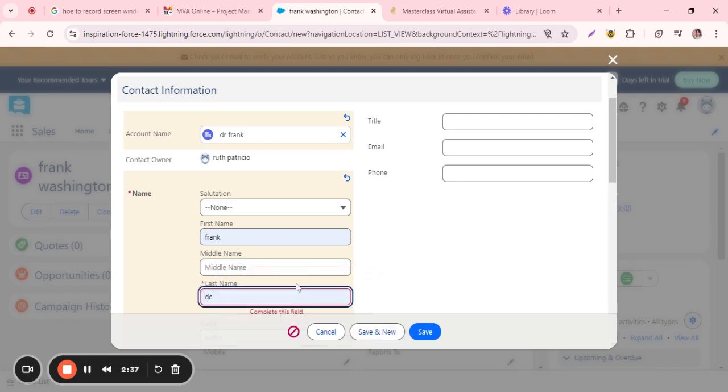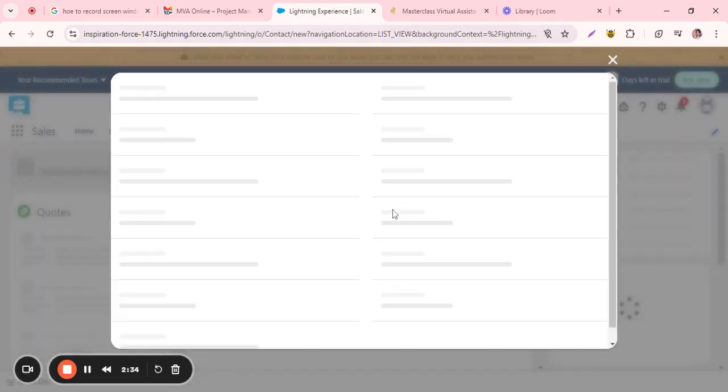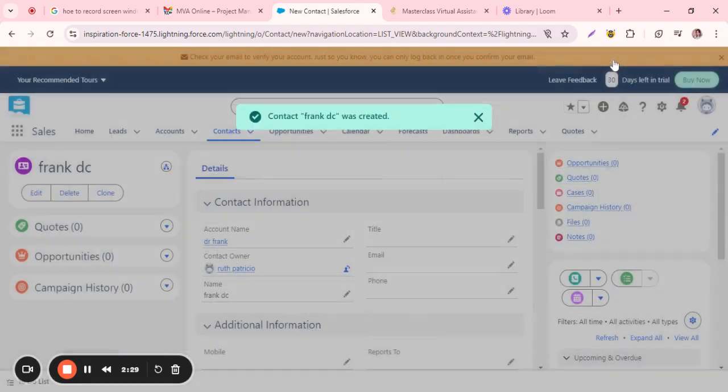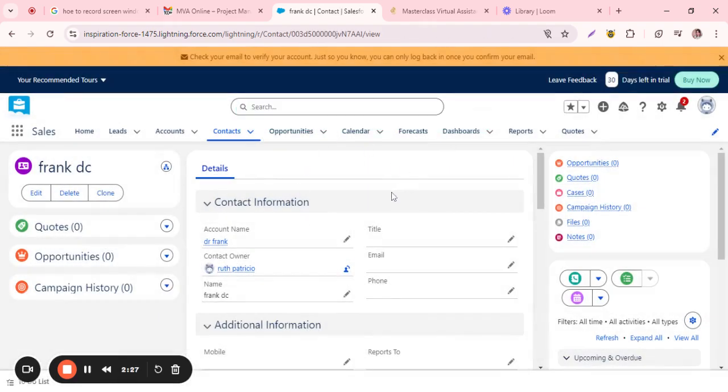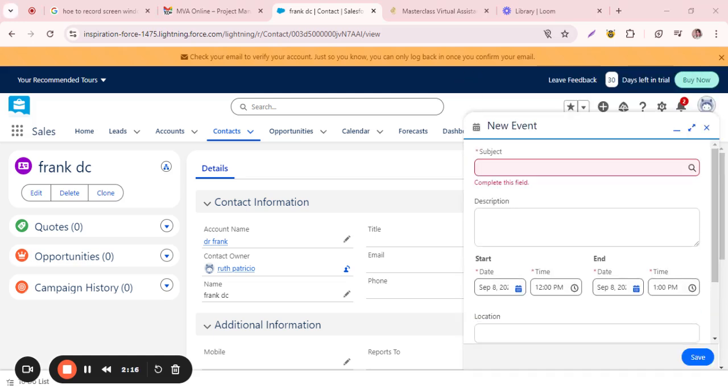So that's it. So after we have already created a contact, let's create a calendar management for them, or to contact those leads that turn into a prospect. So for example, this one Frank in here, and we wanted to contact him in the calendar. So just click this one and add event here.